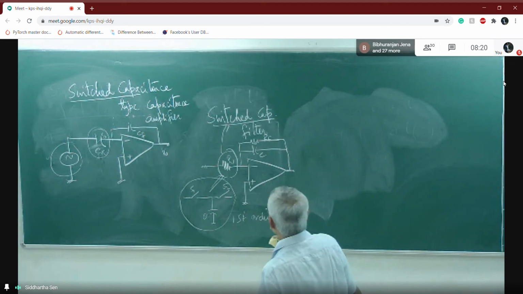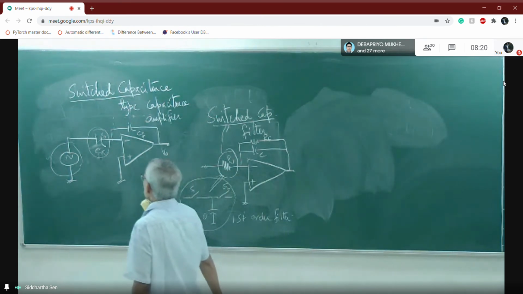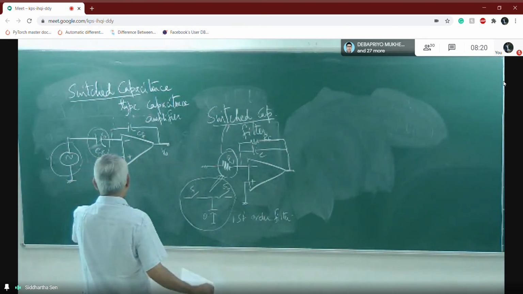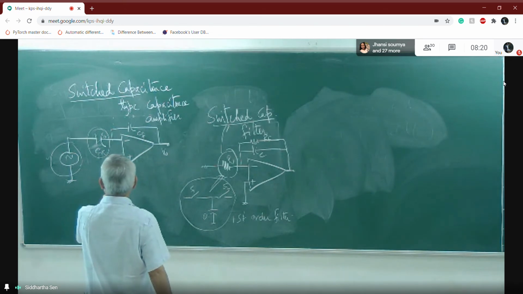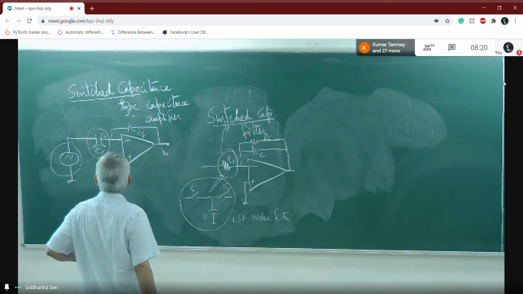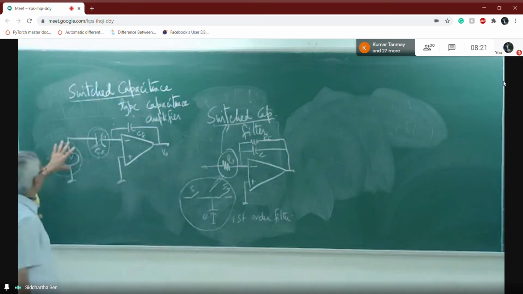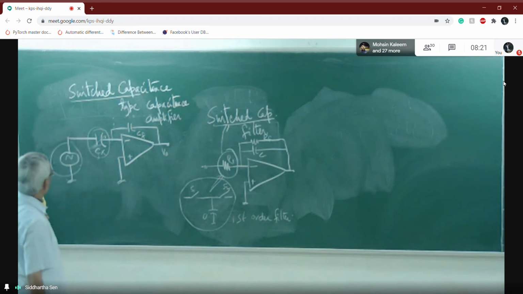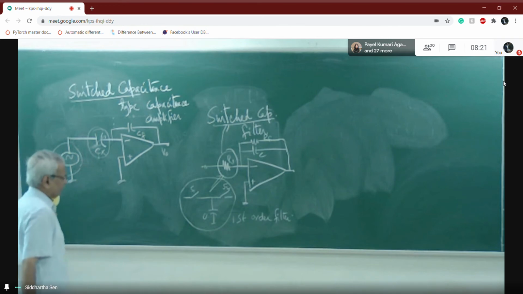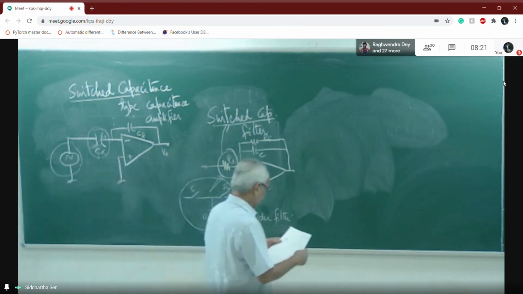Okay. So this same concept is being tried here. That is a switch capacitance: here we will use some capacitance, but we will switch it, and in turn we will see that we don't require any AC sinusoidal voltage. We can use a DC voltage itself, and so the circuit will become much simpler. Also we can incorporate many other features. So what is the switch capacitance circuit?